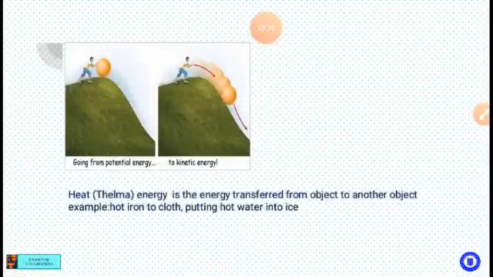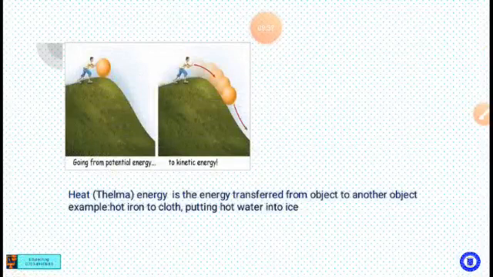It stretches the cloth, it makes it smooth. That is the power of the energy, the heat energy that is being transferred from the hot iron to the rumpled cloth. Another example, we have putting a